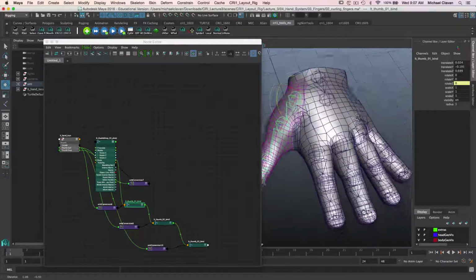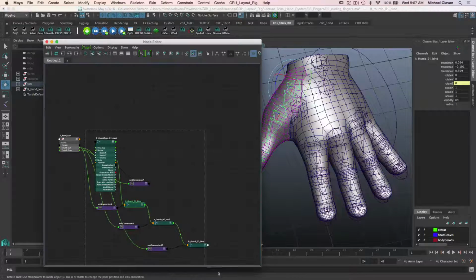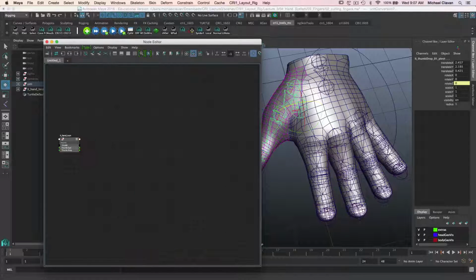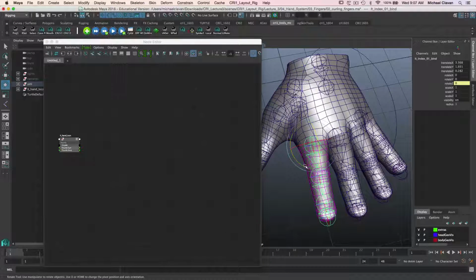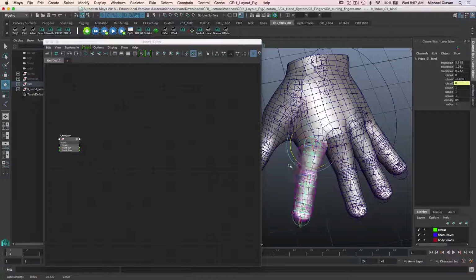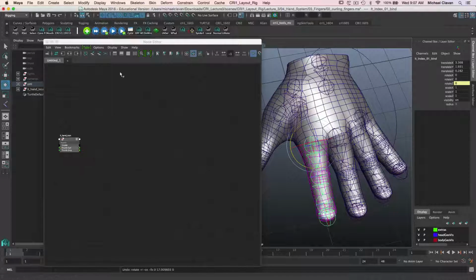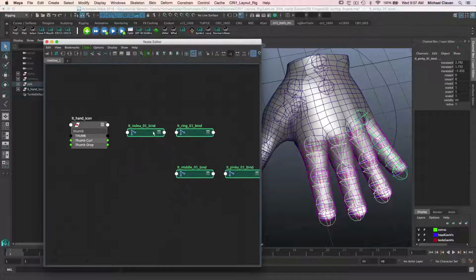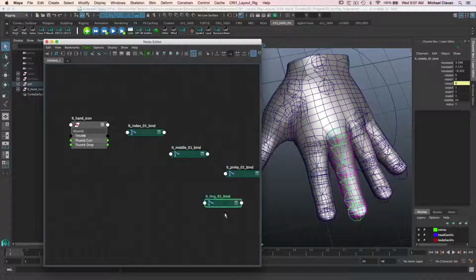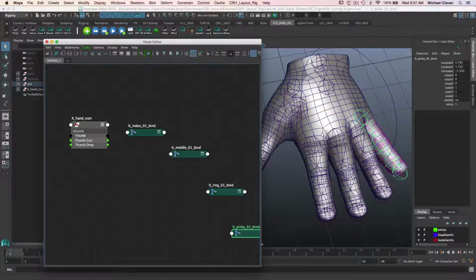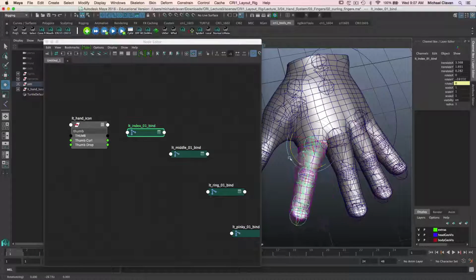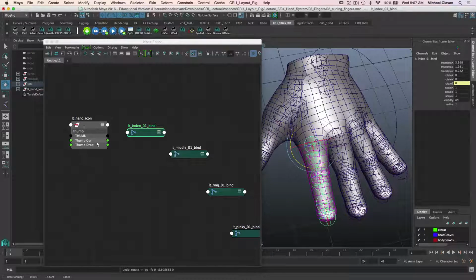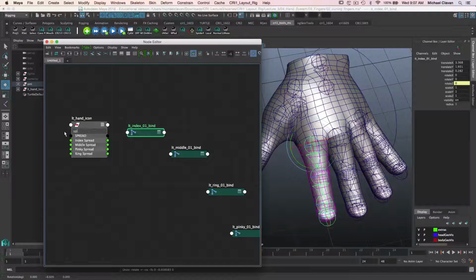So the last thing is our spreads. Now spreads are really easy. I'm going to take all these and I'm going to clear them out. All I want to do is this. I want to do side to side like that. So in this case, I'm going to load in all 4 of these like that. Middle, ring, and pinky. They are going from side to side like that. That's Y. So I can go in here and type in spread, and I can just like